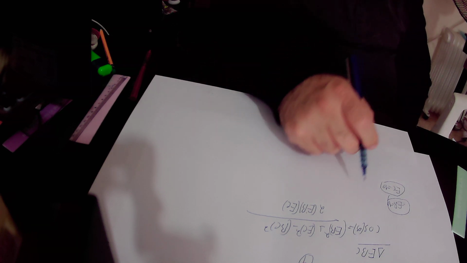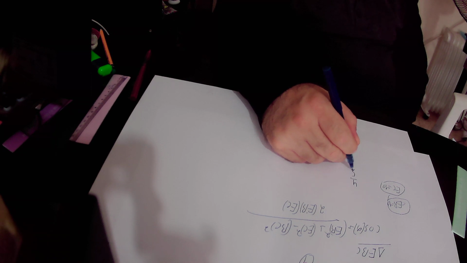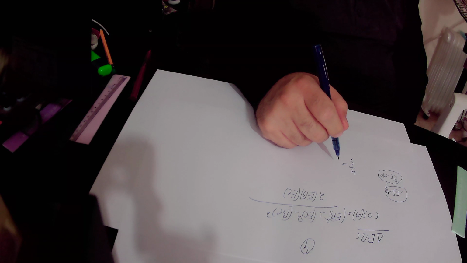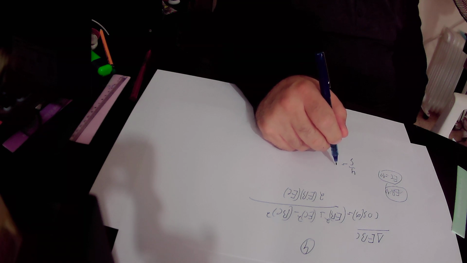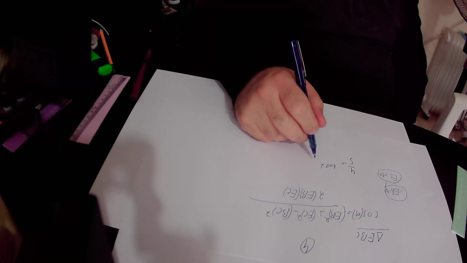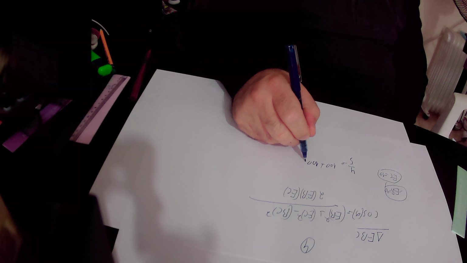So we substitute cosine alpha by 4 over 5 and we get that 4 over 5 equals EB squared. EB equals 10, so EB squared is 10 squared, that is 100, plus EC squared. EC equals 10, so EC squared is also 100 minus